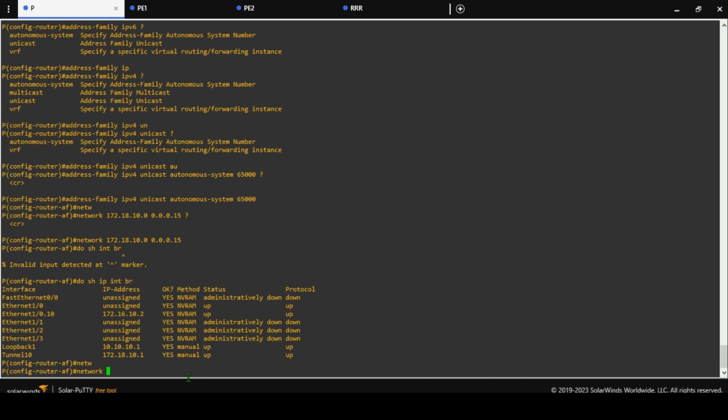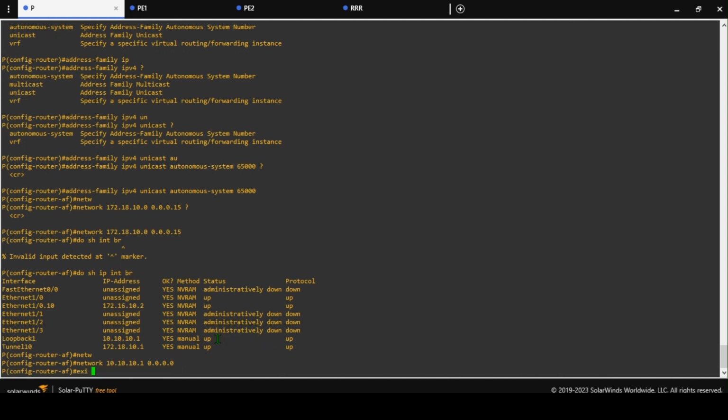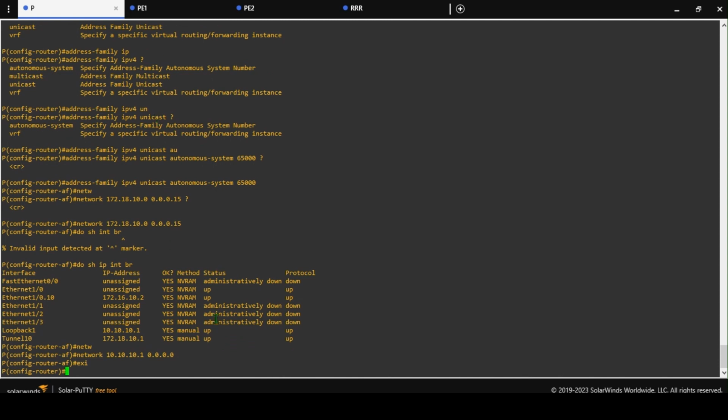I want to advertise the loopback IP, which is going to be 10.10.10.1, and then the wildcard is going to be 0.0.0.0 because it's a /32 IP. So that's that. We exit, and then let me do show run section EIGRP